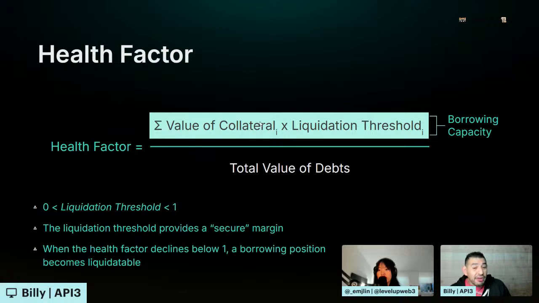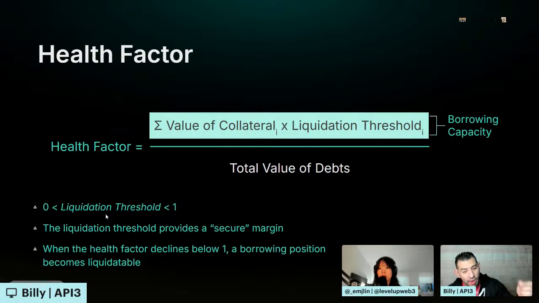The value of your collateral versus the liquidation threshold is your borrowing capacity, right? So if I put in $1,000 of ETH and they say the liquidation threshold is maybe 75%, and the max you can borrow is maybe 70%, the max I could borrow off $1,000 of ETH would be $700. So that would be the total amount of debts, right? When you throw in the math, anything above 1, you're healthy. You didn't hit the capacity. Anything under 1, you're in that danger zone of a liquidation, right?